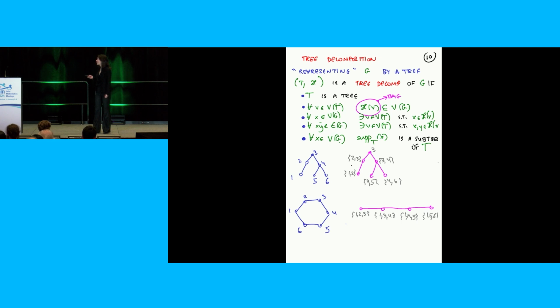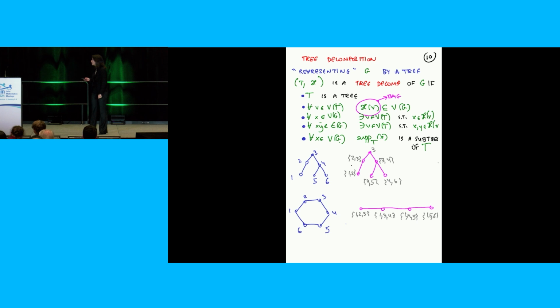And here's what I'm going to do. I'm going to fix a root. So here, I'm going to fix a root in G. So I'll call it 3. Now, every vertex of G has a unique path to the root. And in this unique path, it has a unique neighbor. And what I'm going to do, I look at the vertex, I look at its unique path to the root, I look at its unique neighbor in that path, and I put in this bag the vertex and this unique neighbor. So let's see how this rule is implemented.